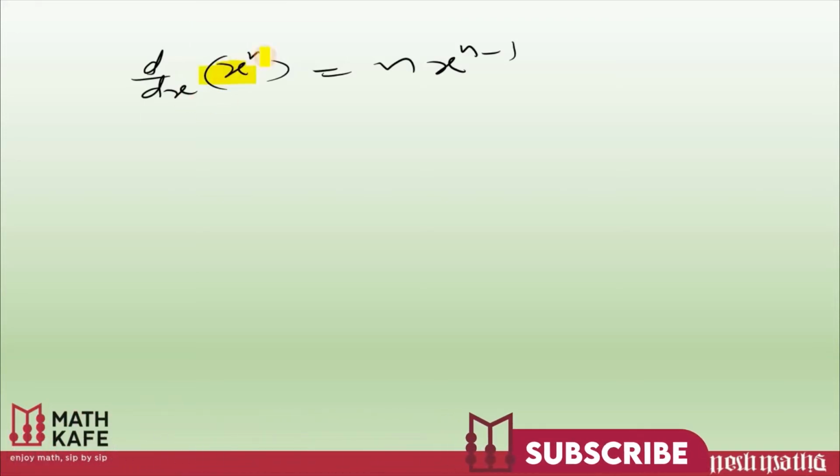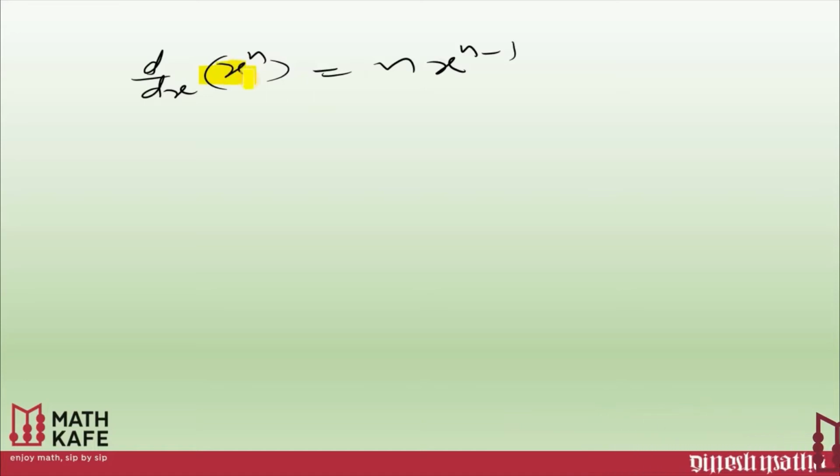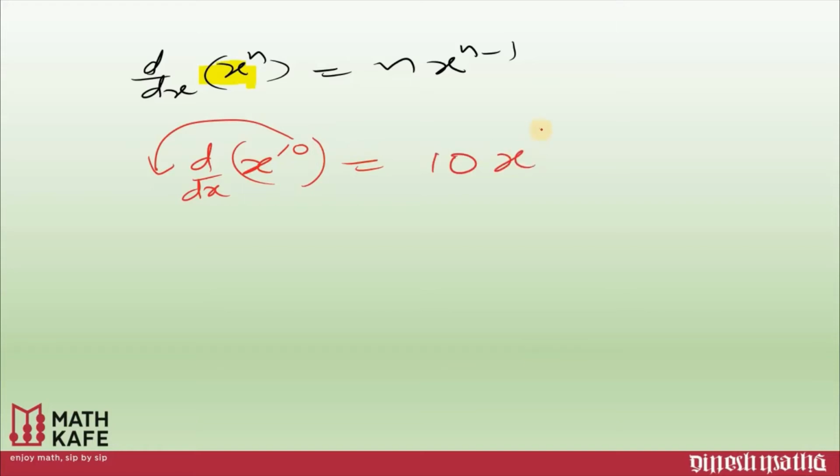See, what you need to understand is that this expression is a power form. The base is a variable and the power is a number. So whenever the power is a number, you apply this formula. This formula means if you need to find the derivative of x to the power 10, how do you remember that? Push it down and take 1 away from that. 10 x to the power 10 minus 1 is 9. That is what the identity means. First identity, derivative of x to the power n is equal to n x to the power n minus 1.